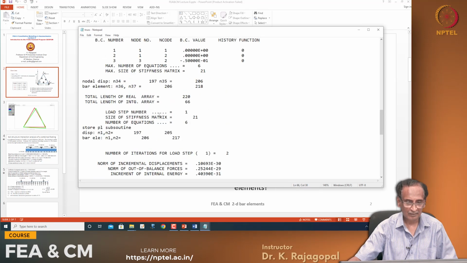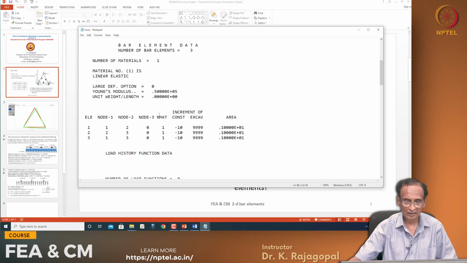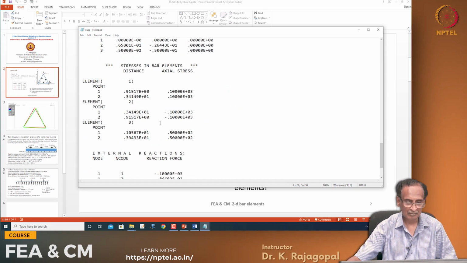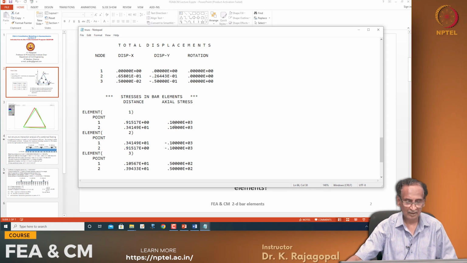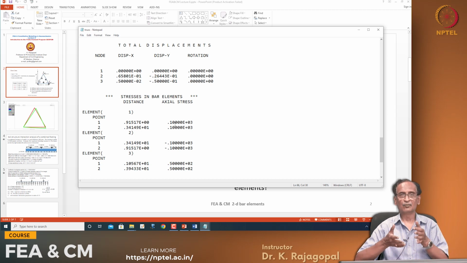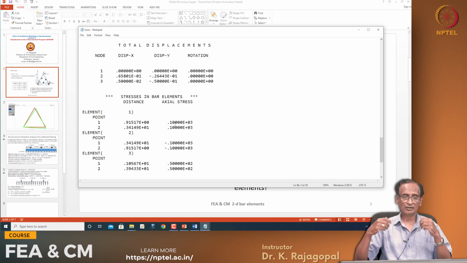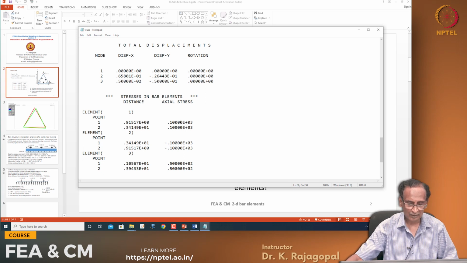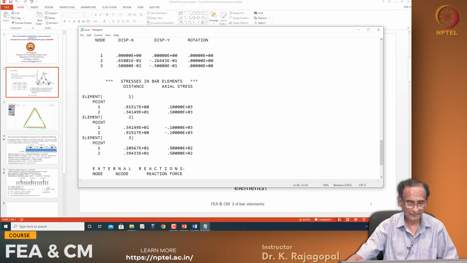Actually the area that is specified is 1. So, whether it is force or stress, it is the same. Okay. So, in element 1 it is a tensile force of 100. See, the sign convention in this program is an elasticity sign convention. Tension is positive, compression is negative. Okay. So, element 1 has a force of 100 kilonewtons and element 2 has a force of minus 100, and